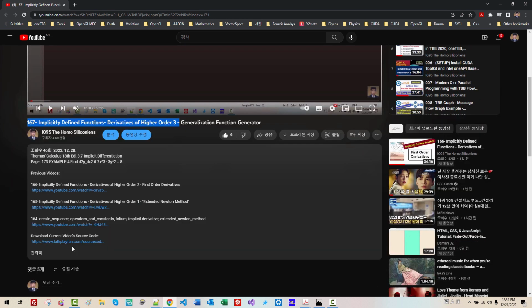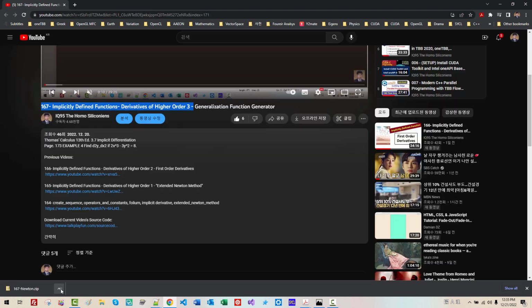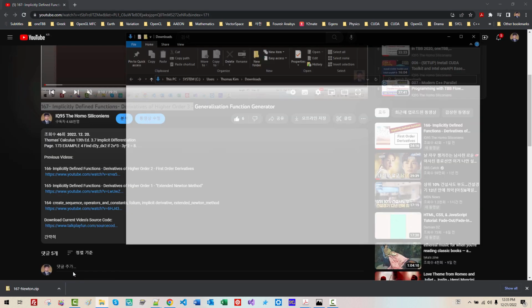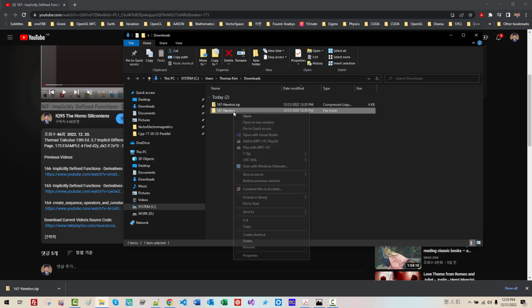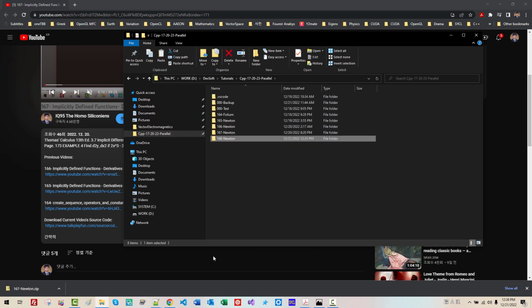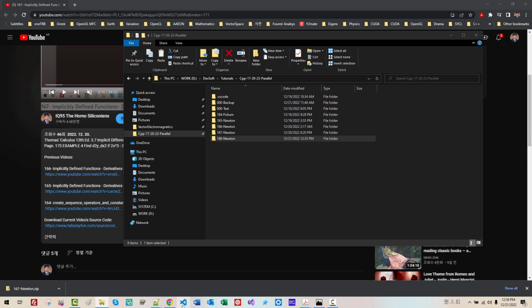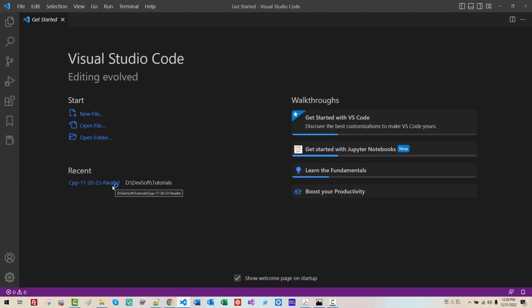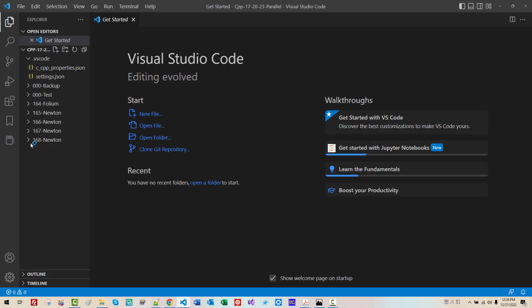Show more. Download current video source code. Please click it. Show in folder. Unzip it. Rename it 168. Copy. Paste it in your working directory. Open up Visual Studio Code. C++ 17 2023 parallel. From folder 168, open